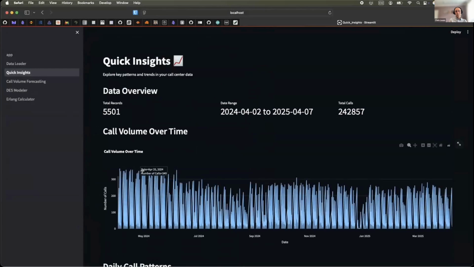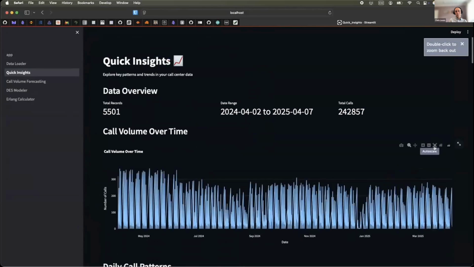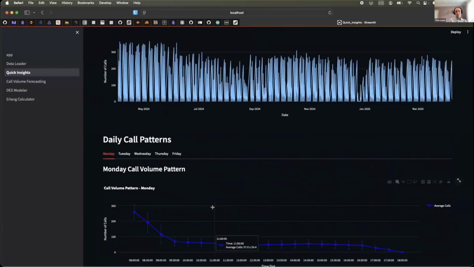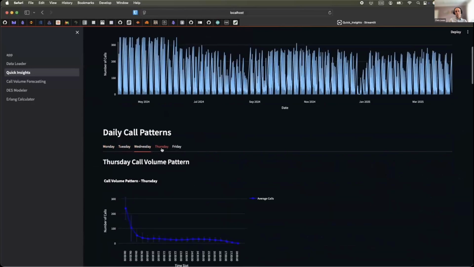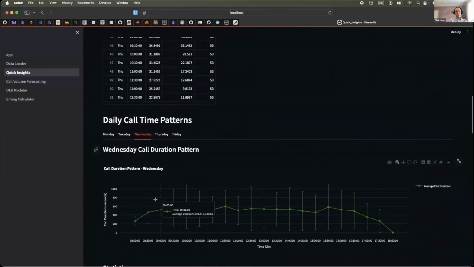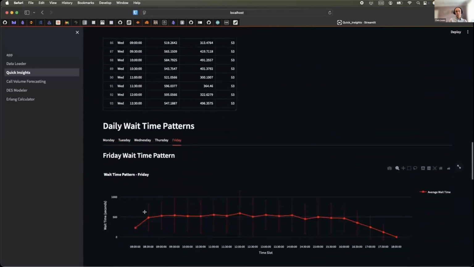We can graph the data as a whole and spot patterns such as when there are dips in June of last year, and then we can zoom in on quiet weeks like August holiday and see which days are missing like Christmas Day. We can draw curves for each day showing the call volume across the day tapering off. This is the independent variable, and then also the dependent variables, the call duration being quick in the morning and tapering off to a stable state later on in the day, and the same for wait times later on in the day.